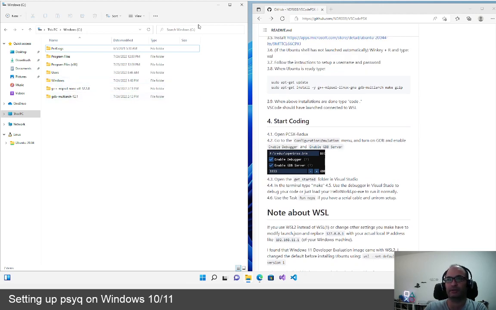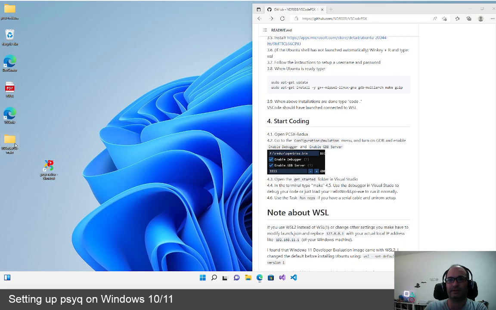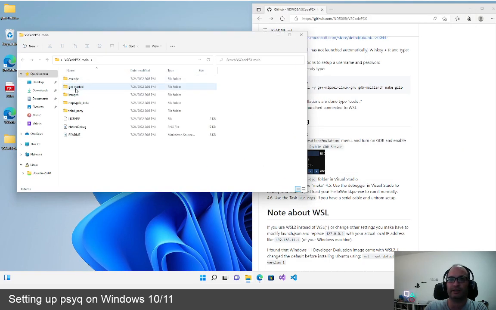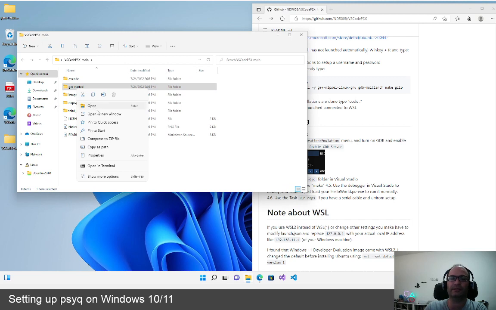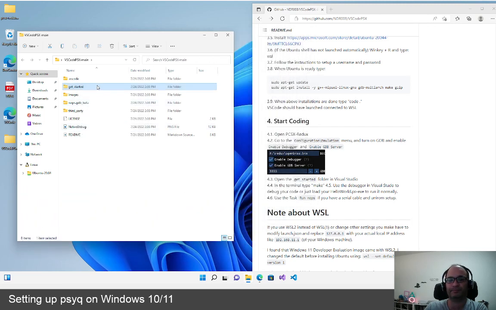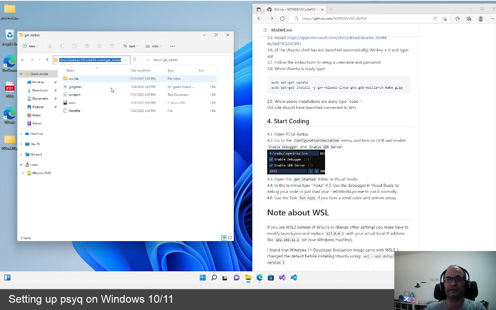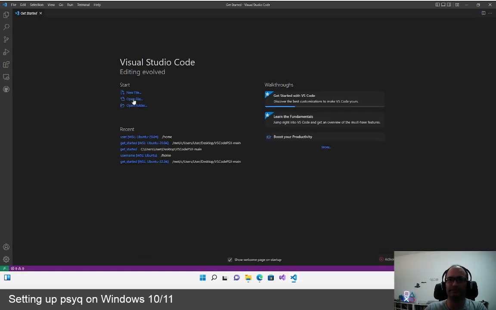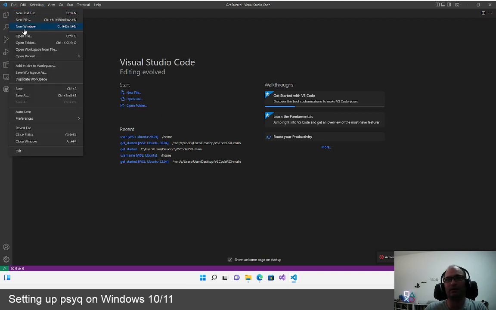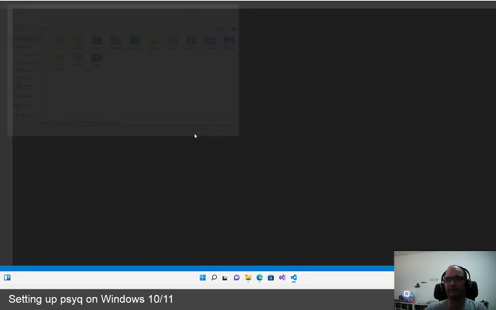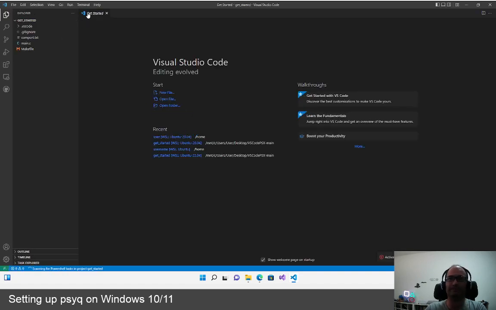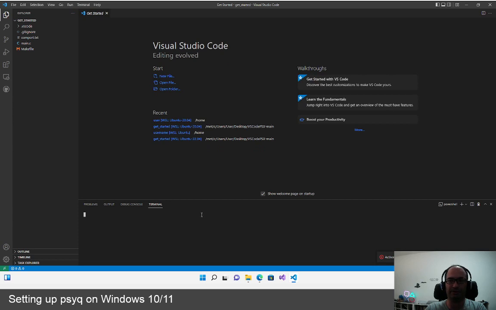You close this, right click the get started folder and open in Visual Studio Code, if you have these right click options set up. I don't have them set up on this virtual machine, so I copy this path from the get started folder, open Visual Studio, open folder, paste that folder, and we're here. Click terminal, new terminal,